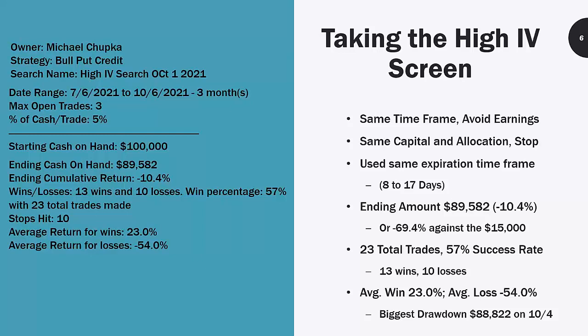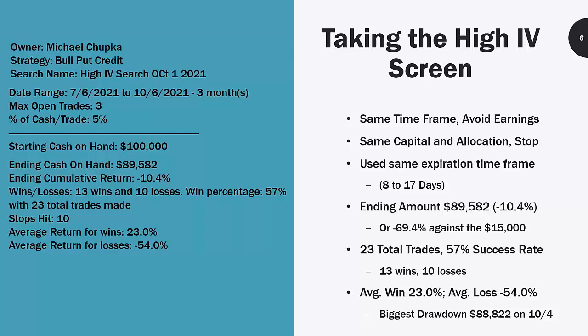There were 23 total trades and only a 57% success rate, 13 wins and 10 losses. The average win was 23%, which we'd expect, much higher than the standard initial screen, and the average loss was minus 54%. The biggest drawdown was about $11,200, close to the ending amount. On October 4th, the total account value was